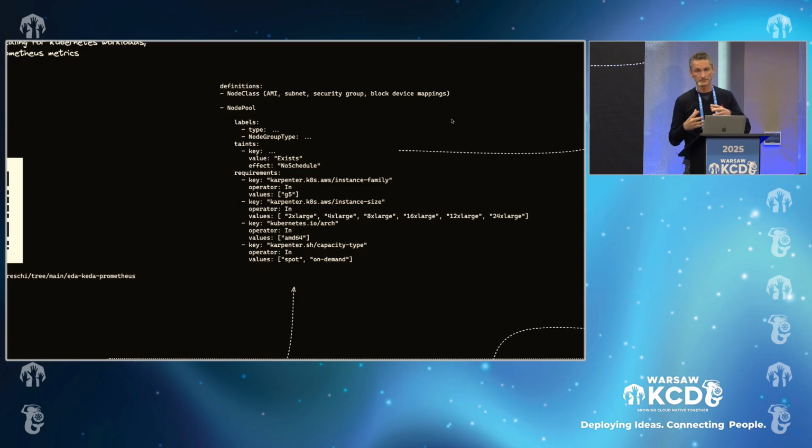But basically, once you configure it this way, Carpenter will be able to make an analysis of what is available, the simulation of the costs as well, the resources required, and will take decisions. So it will request, in our case from the EC2 Fleet API, which instances and how many instances to request.